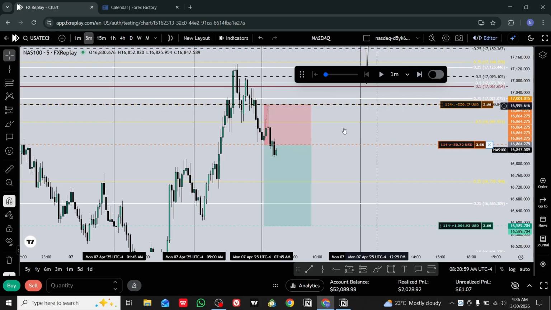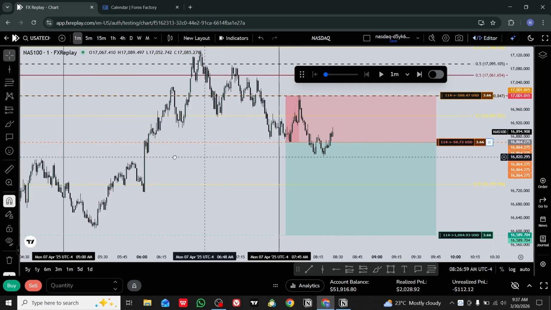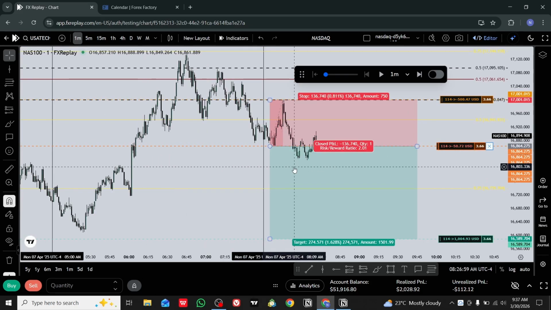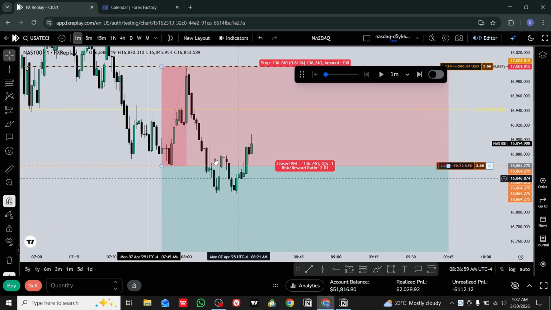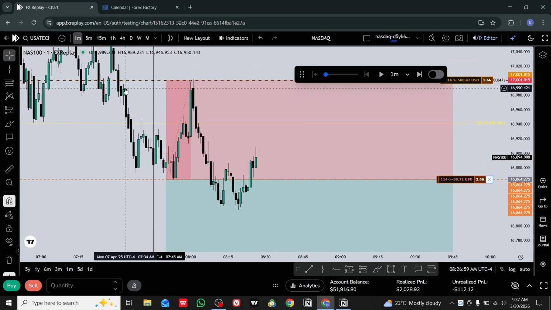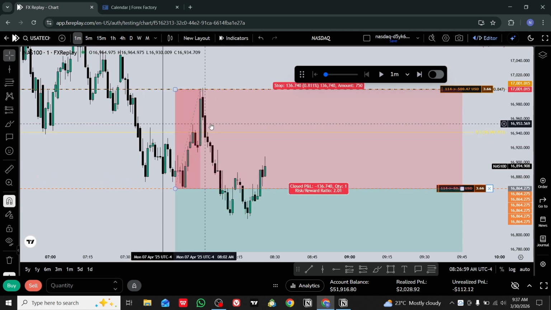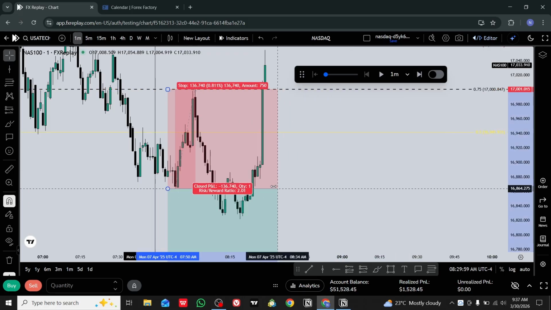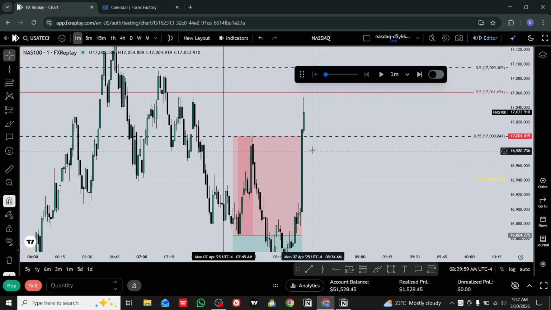I like how it makes up a breaker block and 5-minute break in market structure. I want it to lay down, but it did not. So, what can we do right now? We took this low on 1 minute time frame, went above, took this high. If we are bearish, I wanted to break to the downside. As you can see on 1 minute time frame, we took this high, and there is a breakaway gap here. Okay, we went above, hit the stop loss at 830, and it's a loss. Expansion to upside. So at the low quarter we are.